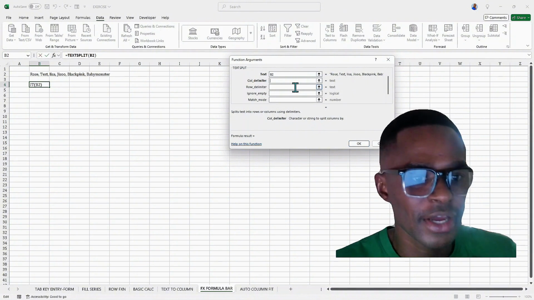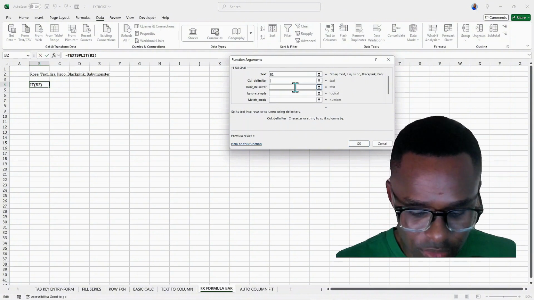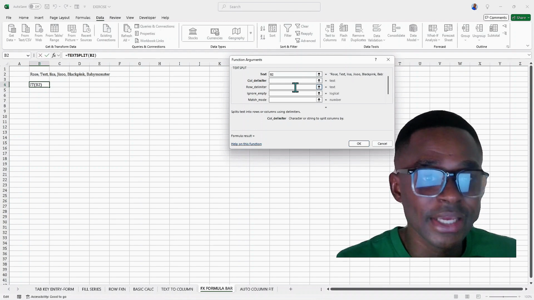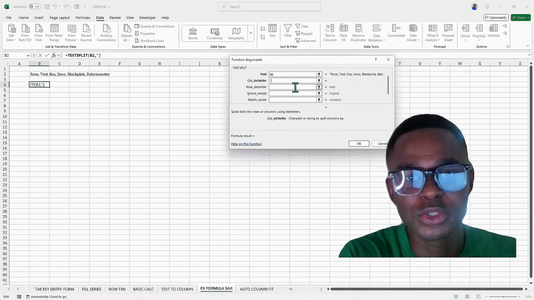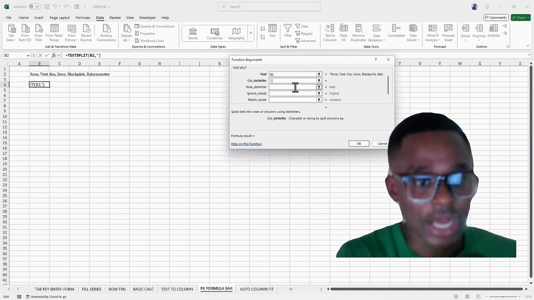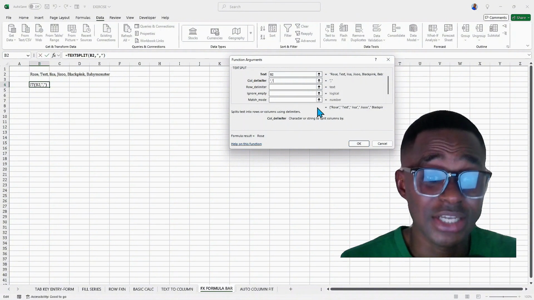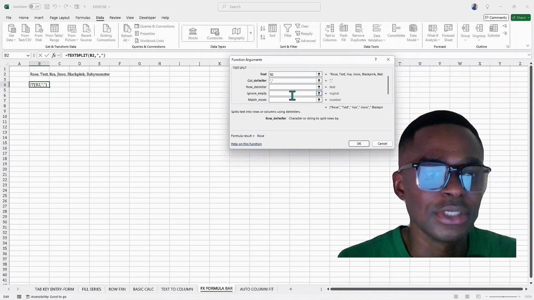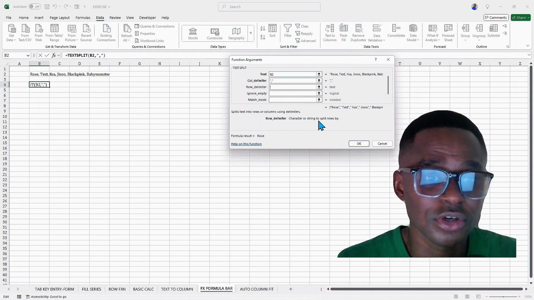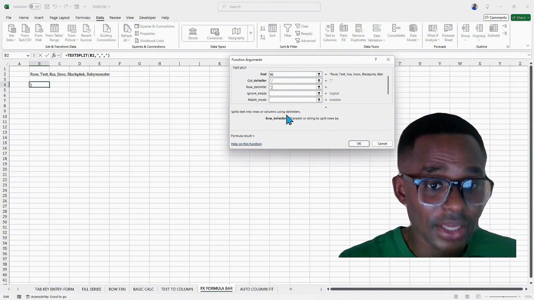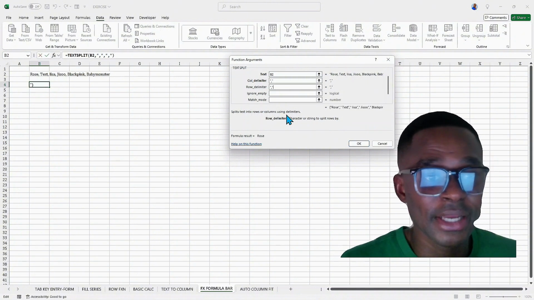columns by. So over here, I'll bring in the apostrophe, as usual when beginning anything in Excel, you begin with the apostrophe. And I'll bring in the comma sign. Then I'll simply close it again. Then as you can see, my data appears over here now. And it is asking for my row delimiter. So over here, what character or string to split rows by. So I will simply bring in the comma again, then I'll bring it over